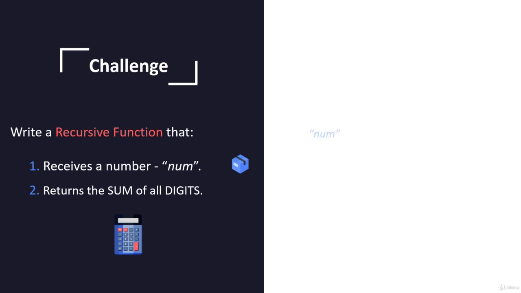So for example, if we take num as 67, then we know that the sum of all of its digits will be 6 plus 7, which is a total of 13, okay? And once the function has found the sum of the digits, it simply should return 13 in this example. And for another example, we have a num like